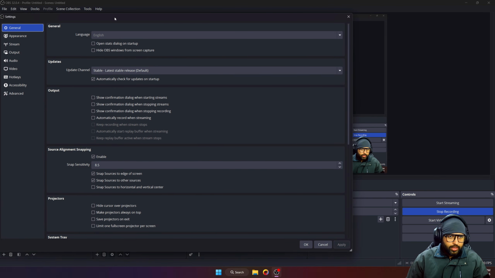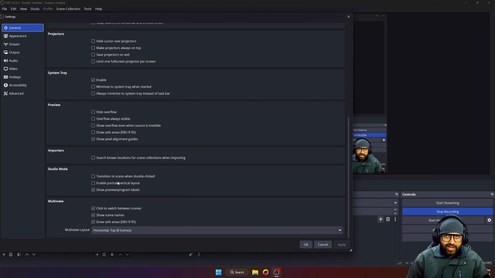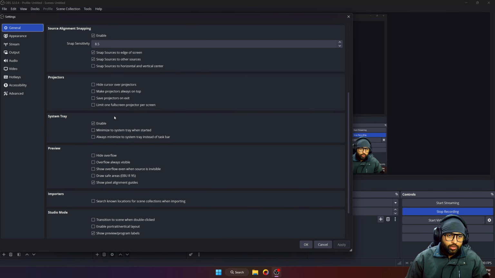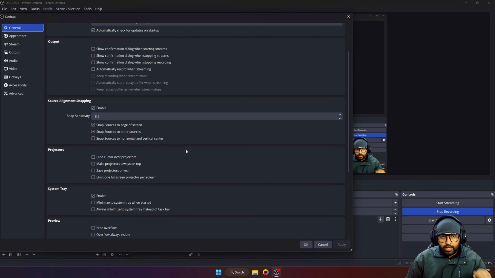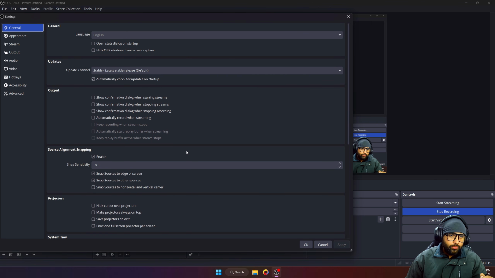So what we are going to do is not touch anything, because this will mess up your video recording in so many ways, unless you know what these options do or you are at developer level. But there is one option I would like you to enable, which is Hide OBS windows from screen capture,